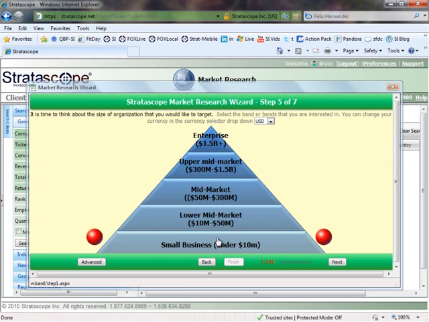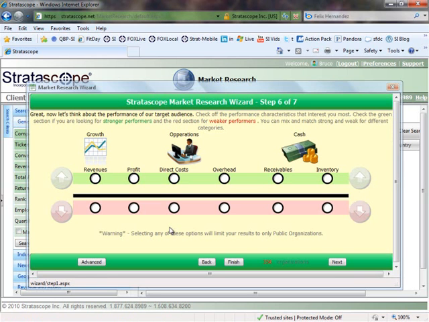I have my pyramid of revenue bands, and I can pick and choose within those as to areas that I'm interested in. So potentially for manufacturers, I might want to look at a little bigger companies. So we'll focus on the mid-market, the upper mid, and the enterprise. 356 organizations left. I can also, as we get to these final steps, choose to look just at public companies